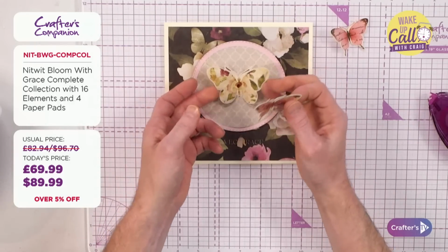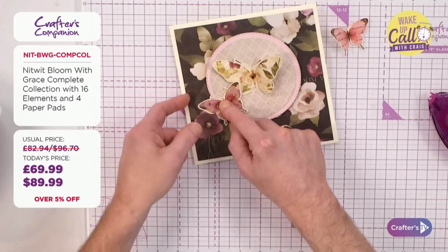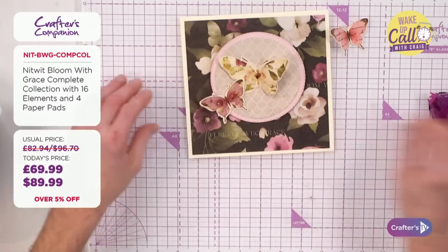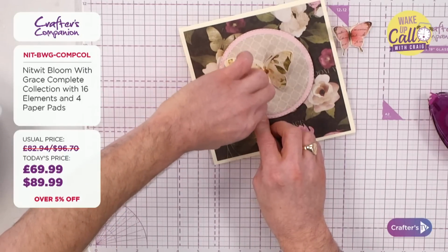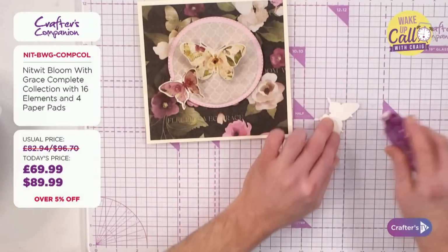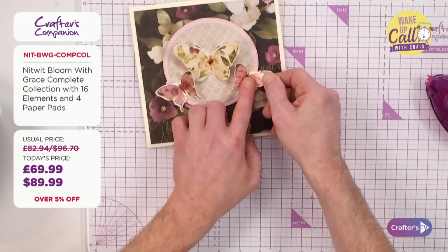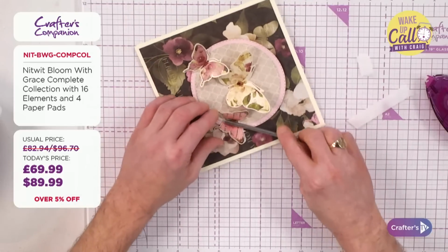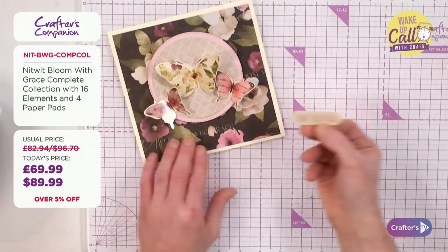But let's face it, we all know by now it's near impossible for me to do a card or a project or anything without having a foam pad. What I'm going to do is put my pokey tool in the center just so I can lift the wings up. There. And then let's do the same with this last one. Pop this one into place there. I'm going to press that again, lift the wings,